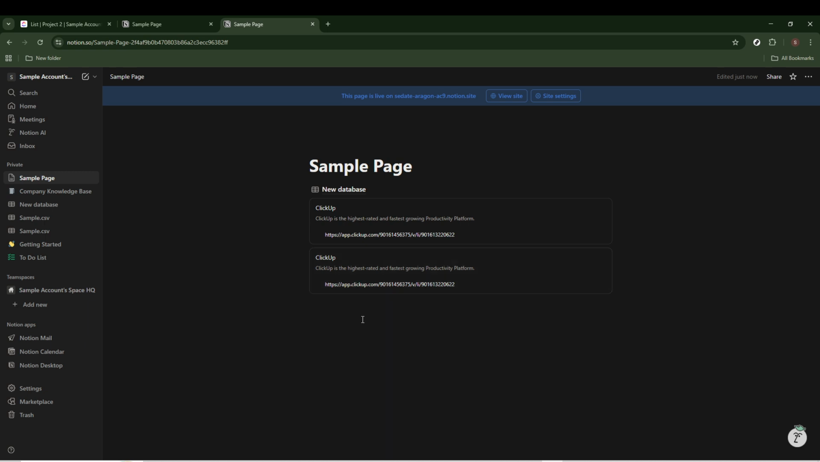When you click it, you will be redirected directly back to ClickUp, allowing you to quickly access your tasks or projects without searching for them again. This setup helps keep your workflow organized and saves time by connecting both tools in one place. That is it. You have successfully embedded ClickUp in Notion and can now manage your work more efficiently across both